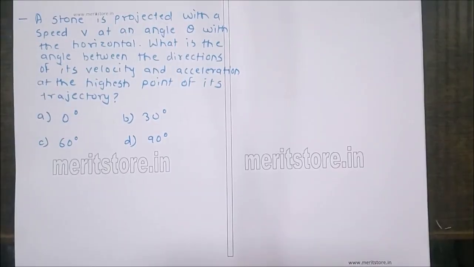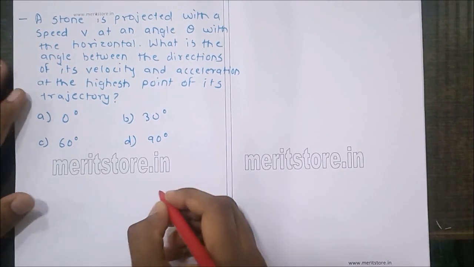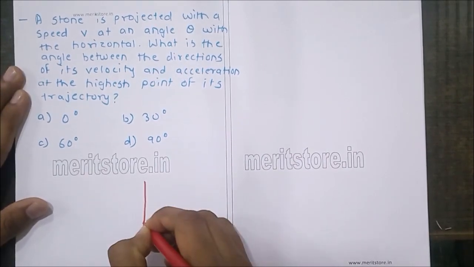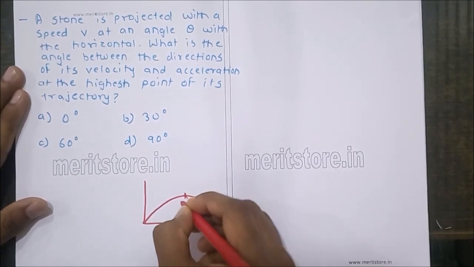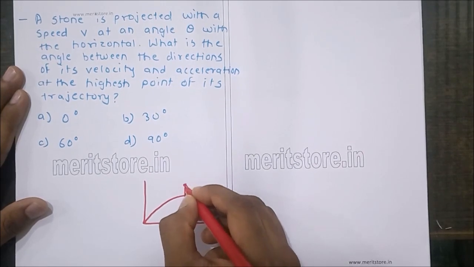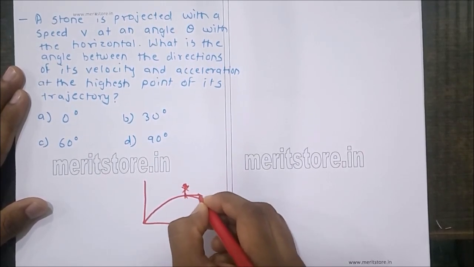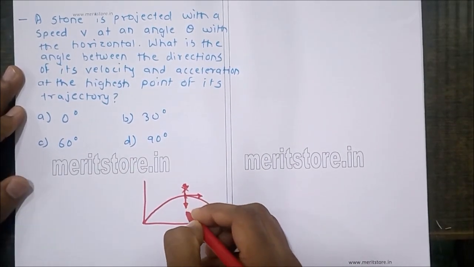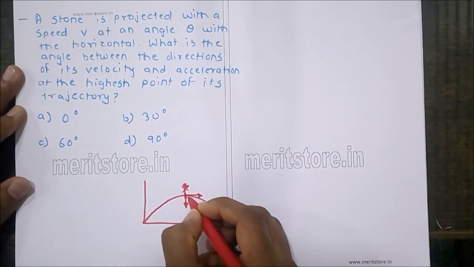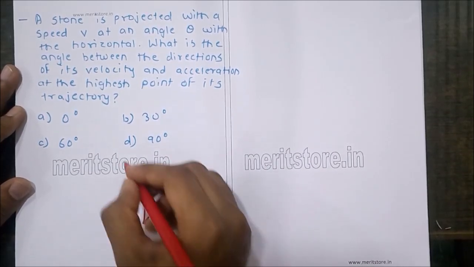A stone is projected with a speed v at an angle theta with the horizontal. What is the angle between the direction of its velocity and acceleration at the highest point in the trajectory? The options given are 0 degrees, 30 degrees, 60 degrees and 90 degrees. For an object that is projected, at the highest point the vertical component of velocity becomes 0 and hence only the horizontal component of velocity remains. And the acceleration is purely due to gravity. So as we can see from the figure, they both are perpendicular to each other, and hence option D is